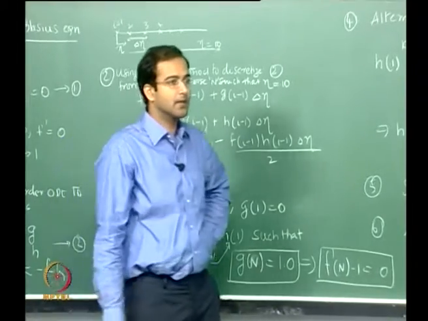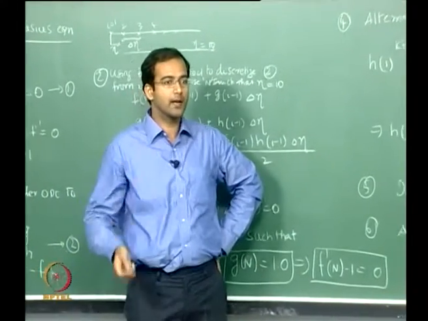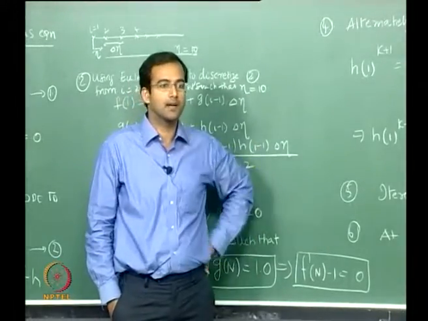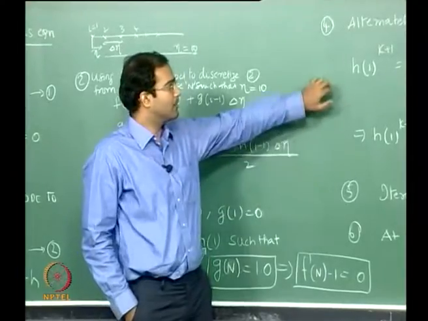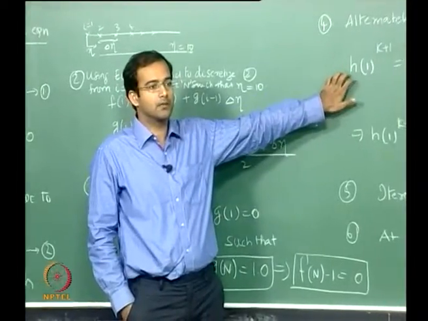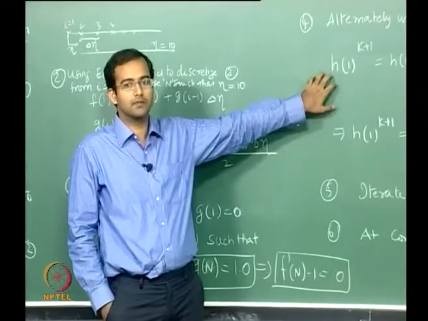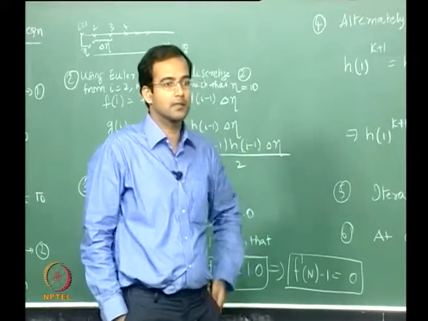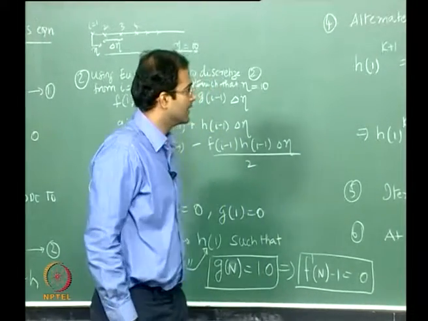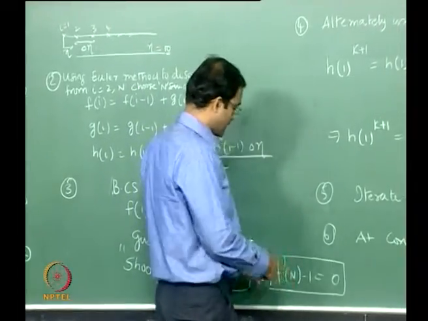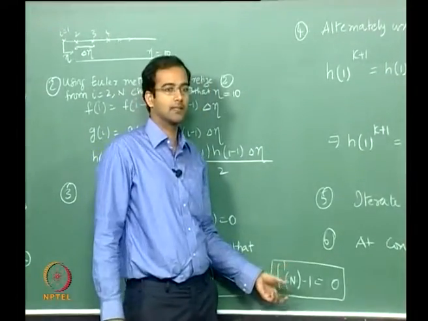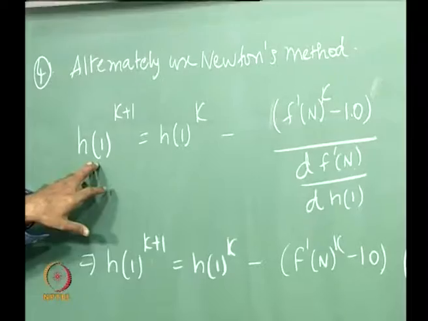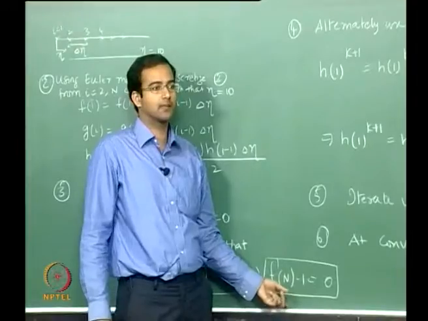Or the other, smarter way of doing it, rather than simply throwing wild guesses, which is probably not going to lead to a converged value anywhere in the next 100 or 200 guesses, a better way of approaching the correct value is using Newton's method. The Newton-Raphson technique is a very powerful technique for solving any nonlinear algebraic equation, also numerically. If you want to solve this particular algebraic equation, this is the condition that you have to satisfy, and you have to find the roots of h1 such that this particular equation is satisfied.